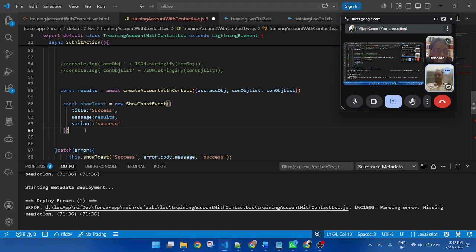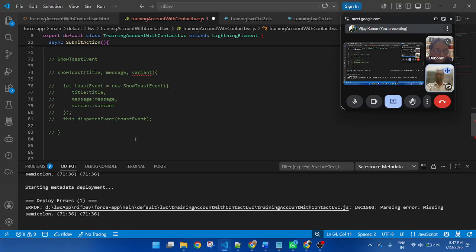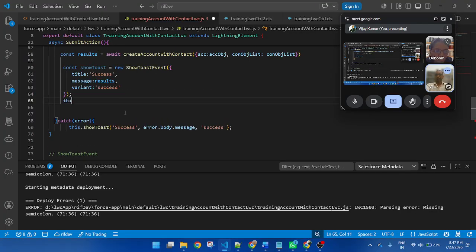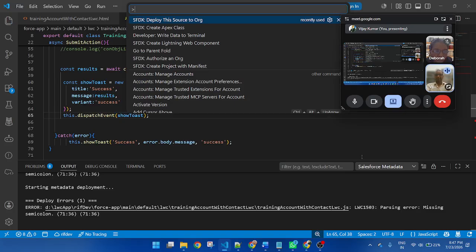And here we need this dot dispatch event. Here I am passing this variable. Let's save and deploy the code.